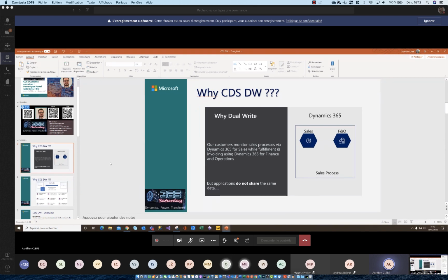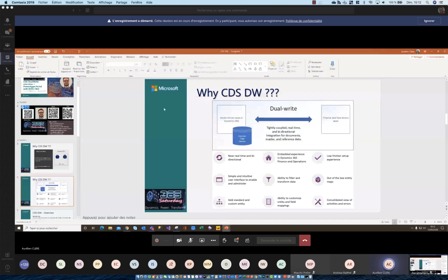Because I know a customer in Australia that contacted me, and they have finance operations. They don't have any CRM license. They just have a CDS, and they already wanted to sync some particular data entities from finance operations to a CDS, and afterwards do some Power Apps, etc. So you can, of course, but be careful about the license stuff for the CDS.